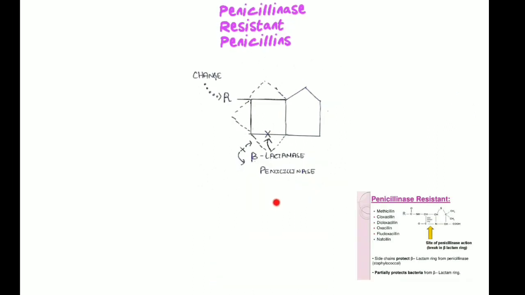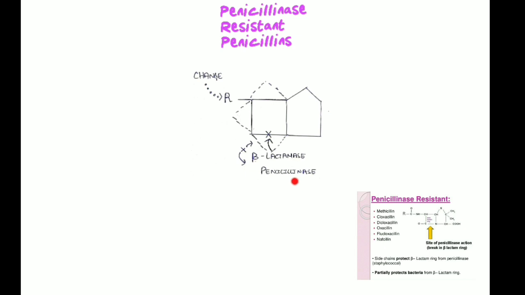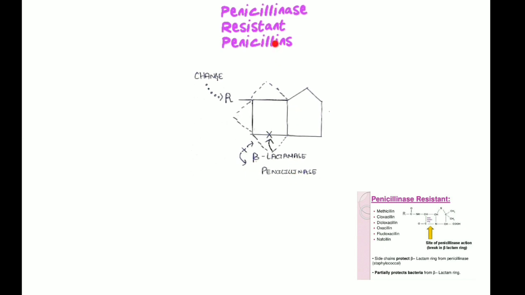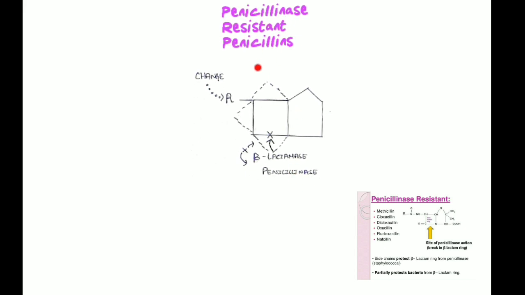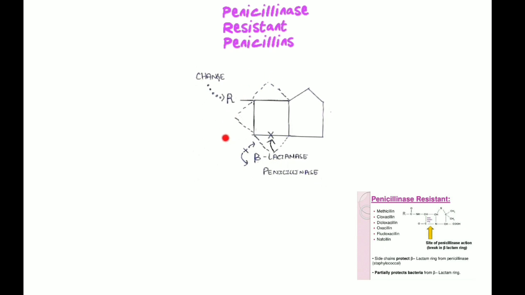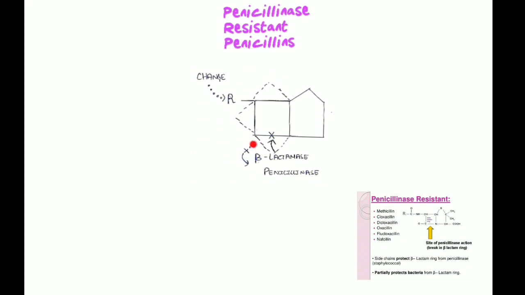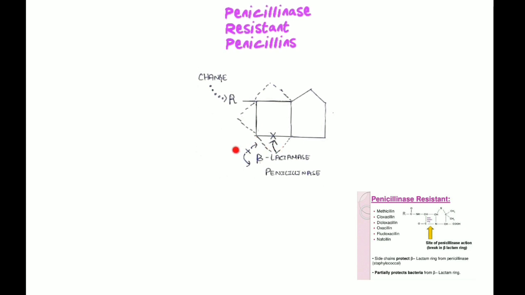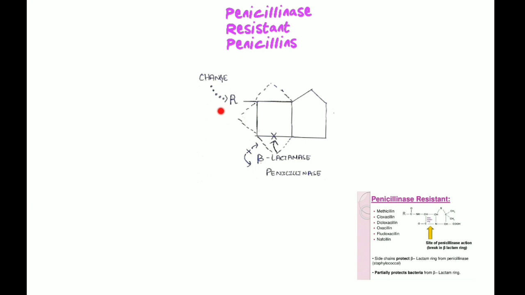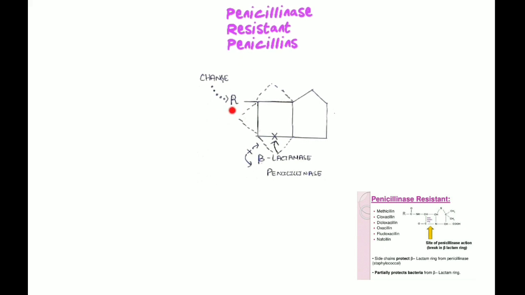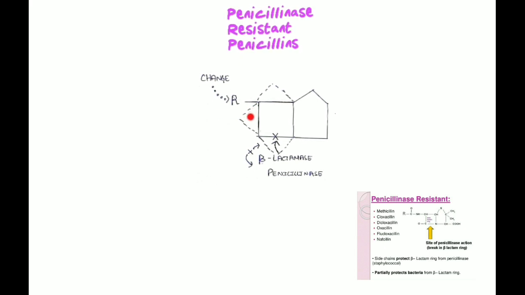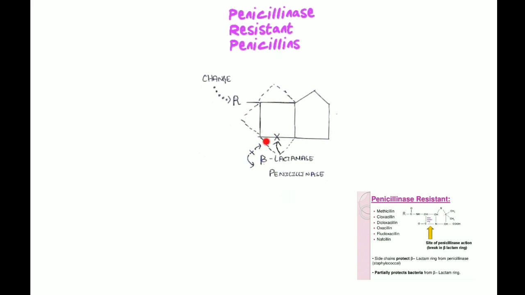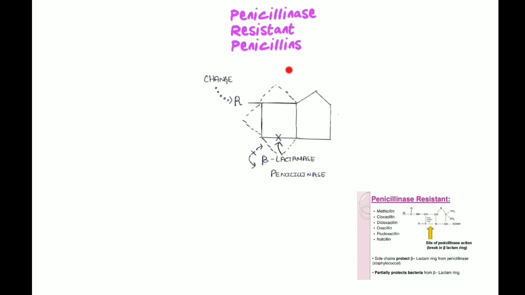To overcome this beta-lactamase or penicillinase activity, we came out with a new drug class called penicillinase resistant penicillins. How did we do this? As I told, these enzymes act on the basal part of the beta-lactam ring to disrupt the structure. So what we did is we changed the side chain R structure. Once the side chain R structure is changed, the beta-lactam ring keeps on changing its structure. When they get a different structure, these enzymes cannot break down the beta-lactam ring. Hence the name penicillinase resistant penicillins.